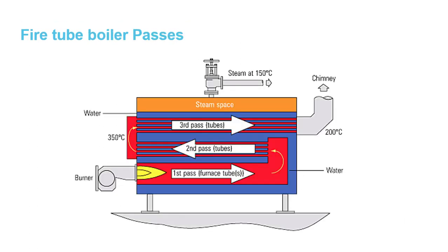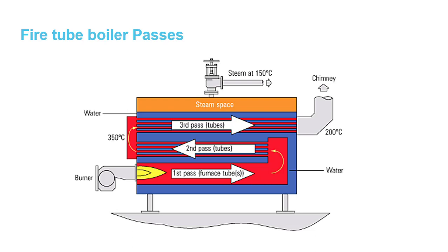Fire tube boiler process. At the burner, you can see the yellow flame start; that is the first pass, the flue. The yellow pass is called the fire chamber. Then the second pass starts. The first pass is exposing the end plate. If we have water at the back side, it is a wet back boiler. Then the second pass goes, again the third pass starts. From the third pass it goes to the chimney, where it is at 200 degrees Celsius.